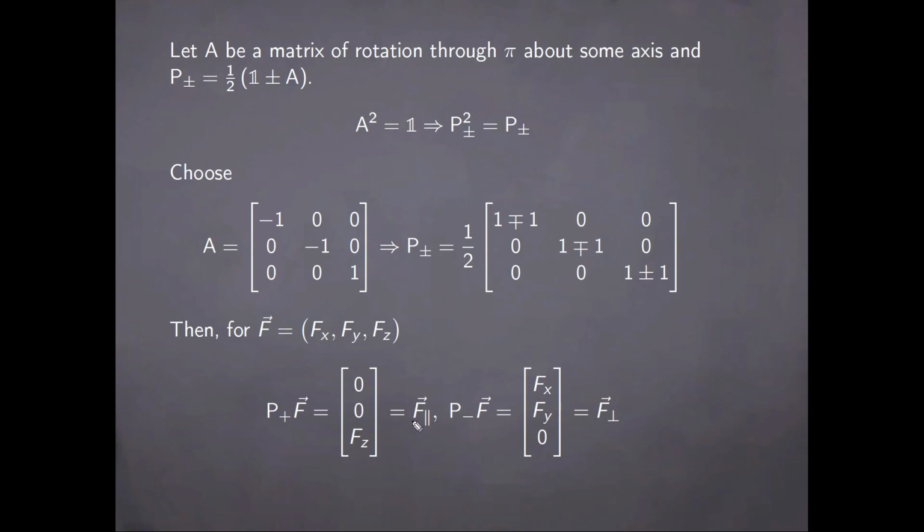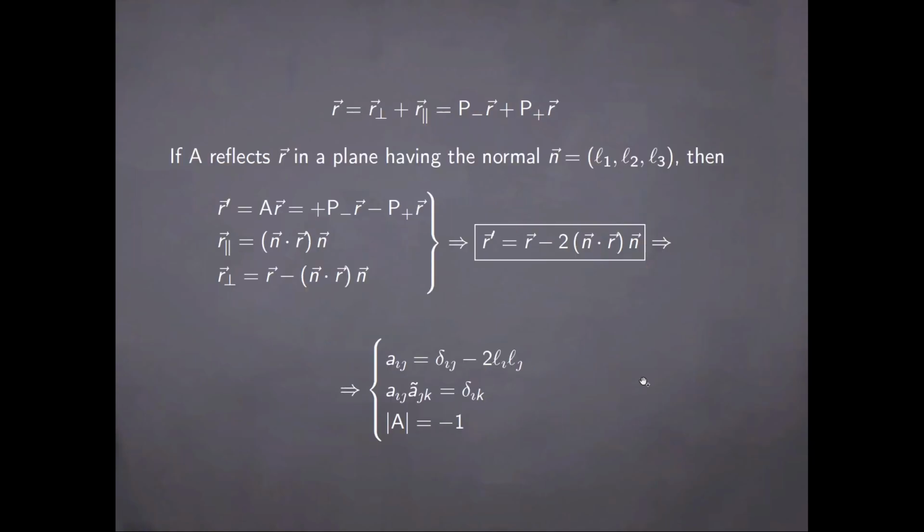So what we obtain is the component of the vector which is parallel to the axis of rotation, and respectively, if we apply P minus to f, we obtain a vector having as non-vanishing components only the components in the plane perpendicular to the axis of rotation. So as any vector with respect to some axis can be decomposed in a perpendicular and parallel component, these components follow simply from the application of the P minus and P plus matrices to the vector,